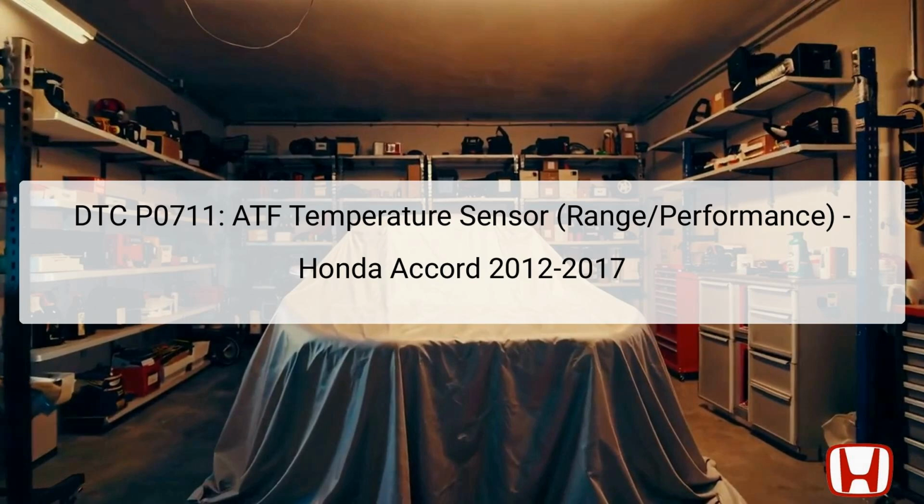The ATF temperature sensor plays a key role in monitoring the fluid temperature, ensuring proper operation within the transmission. The Powertrain Control Module, PCM, relies on this sensor to adjust transmission performance depending on the temperature of the ATF, thus ensuring smoother operation and maintaining efficiency. If this sensor fails or provides incorrect readings, significant shifts in transmission performance can occur, prompting the PCM to set